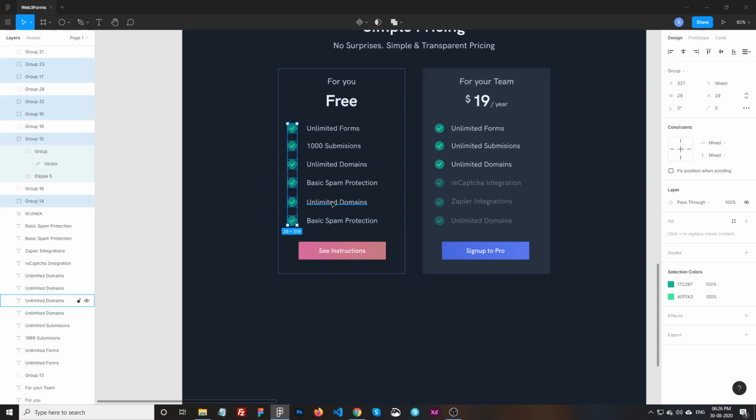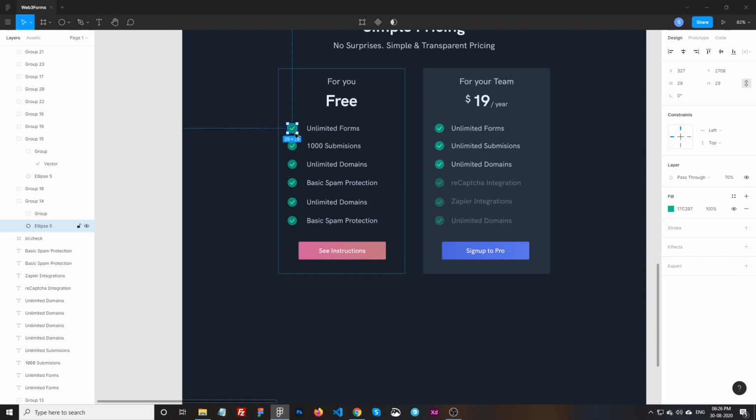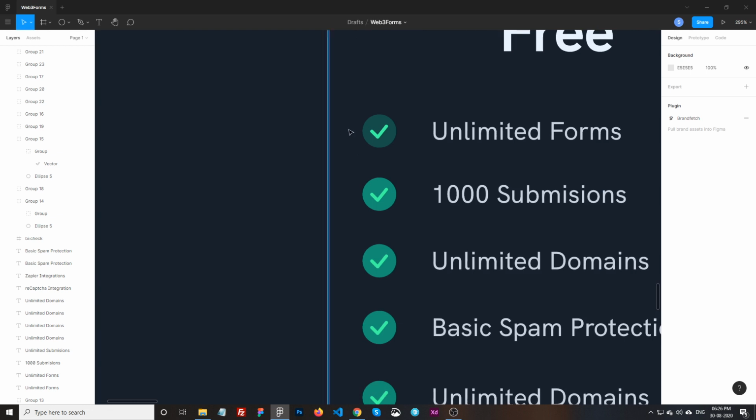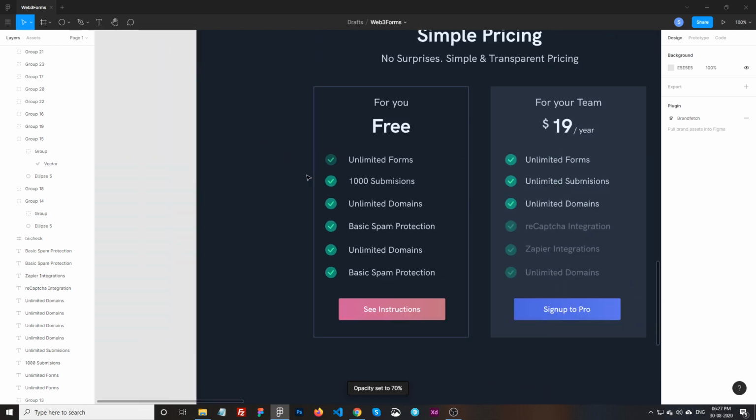Maybe what I should do is reduce. Okay, I'll just try on the first one. 4. And then, yeah. Okay, so this one looks fine, but I think